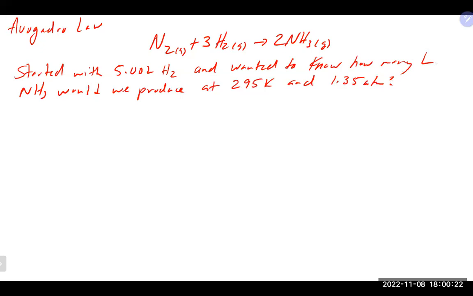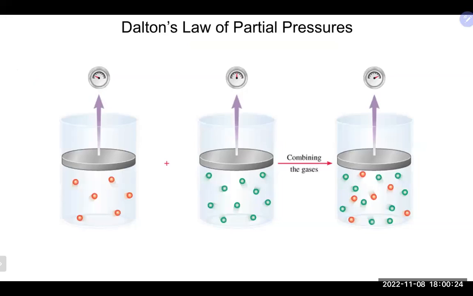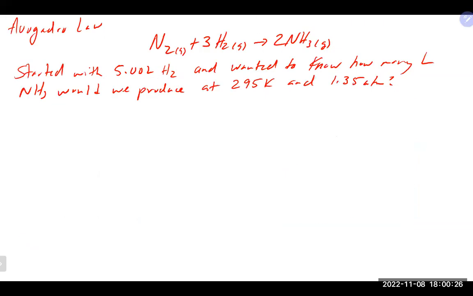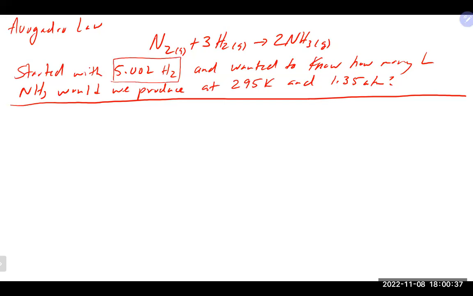So this again is a gas stoichiometry problem. And you could approach it exactly the way we just did these last ones. In this particular case, though, we're starting with a volume of a gas, and we're looking for the volume of another gas. So we really don't have any grams or anything like that. So this would be a case where you could use the ideal gas law up front in the calculation. So we have our balanced equation,